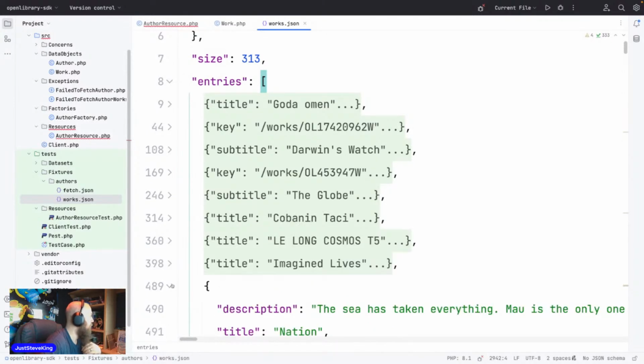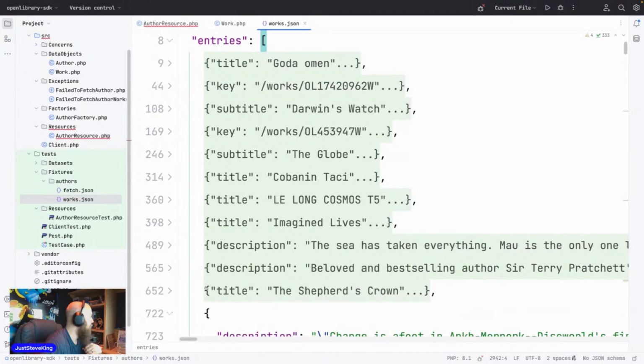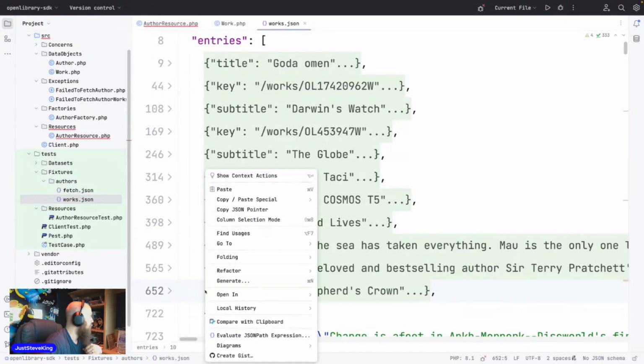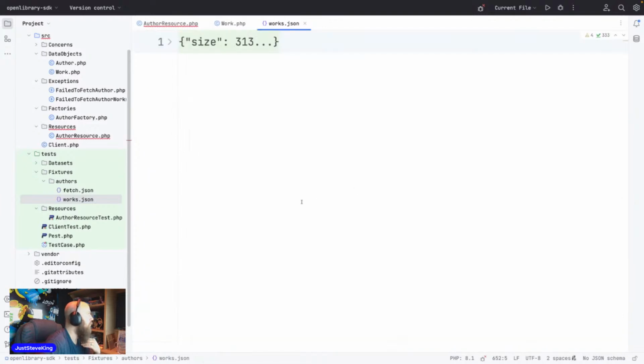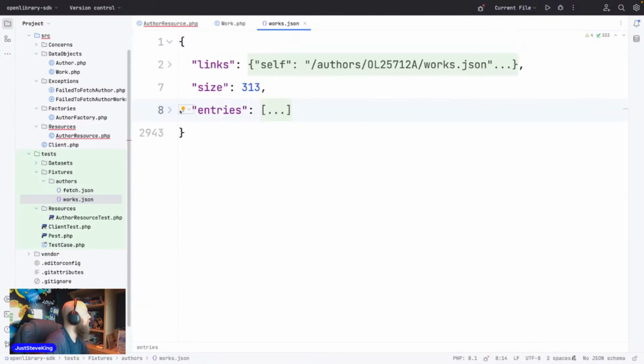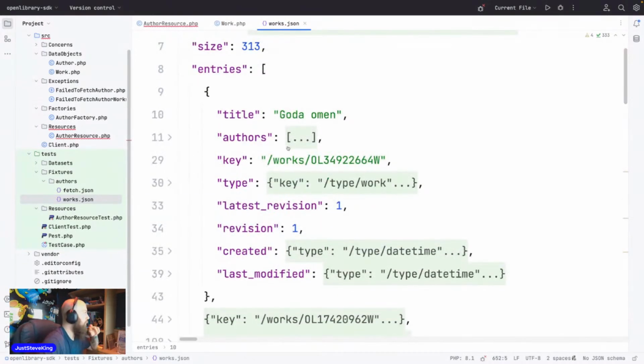Lots of different entries. Can I just collapse everything? Folding, collapse all. Perfect. First one, entries. Let's get an entry. So get a multiple author. I'm not going to worry about that bit. I'm just going to focus on